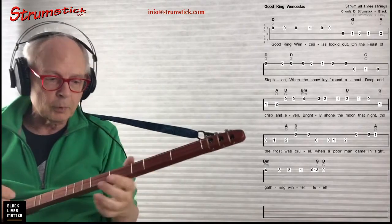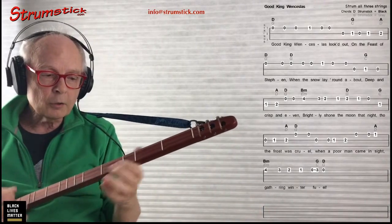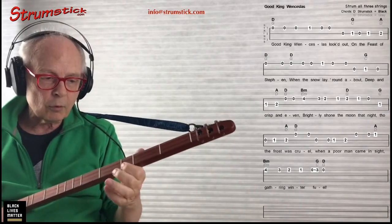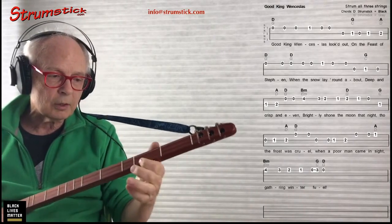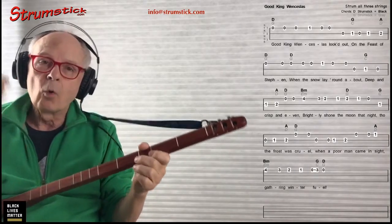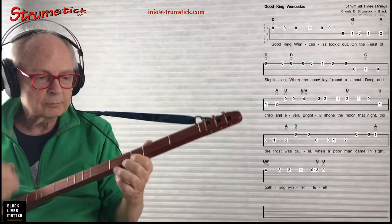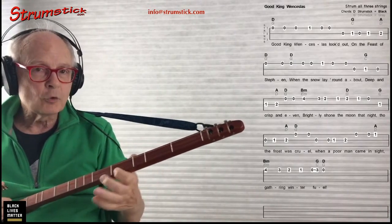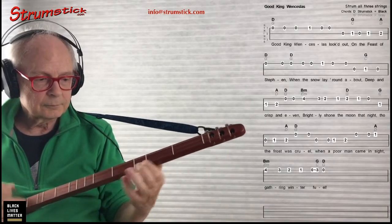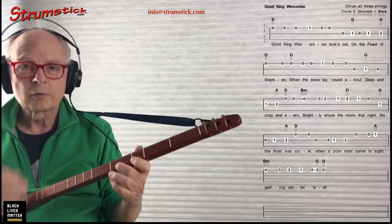You won't be able to do that at first, but if you start by doing 1, 2, 3, 4, 5, and then you go 1, 2, 3, 4, 5, 6, 7, 1, 2, 3, 4, 5, 6, 7, 8, and you start just kind of wandering around on one string, 1 and 2 and 3 and 4 and, now you're charging your battery with all kinds of little phrases. You might even do it with just one finger while you're practicing. So you make a little phrase, just 2 notes,